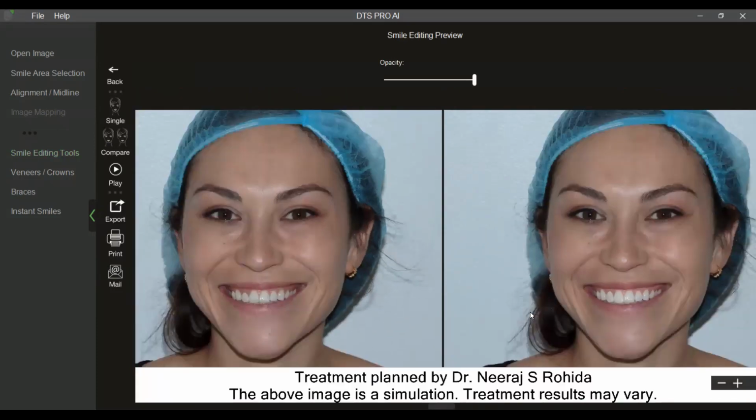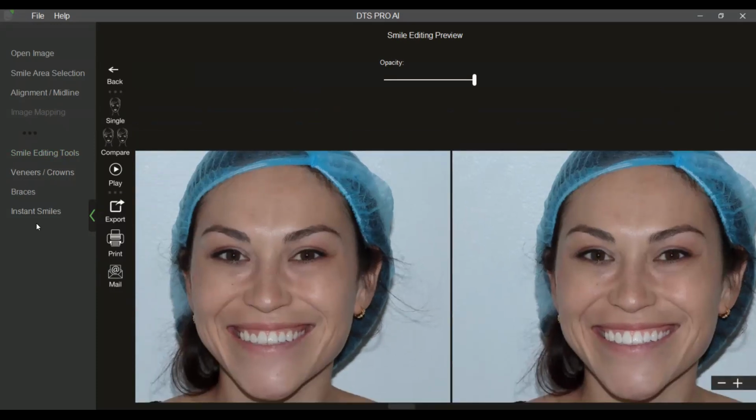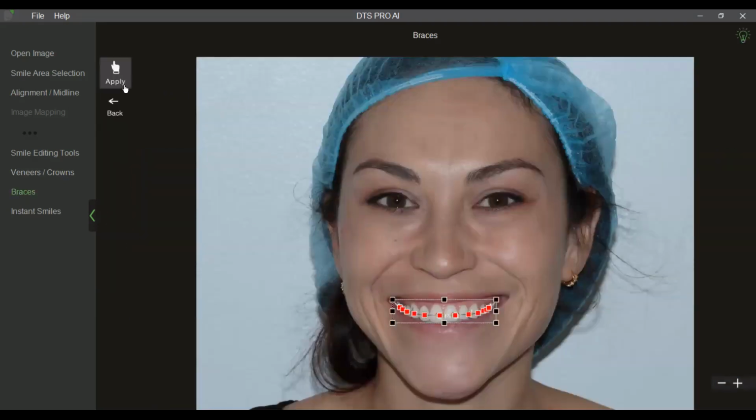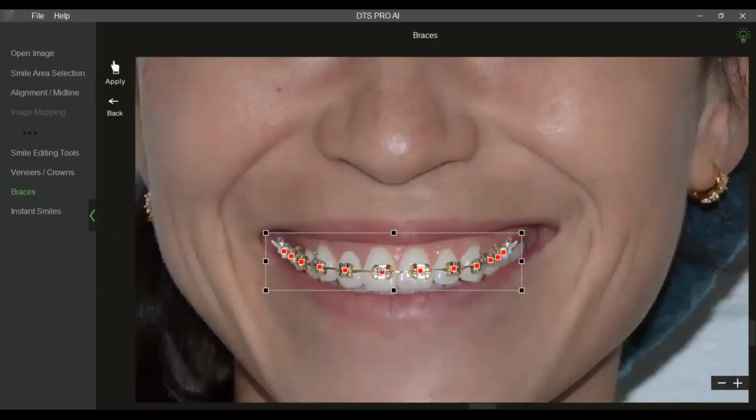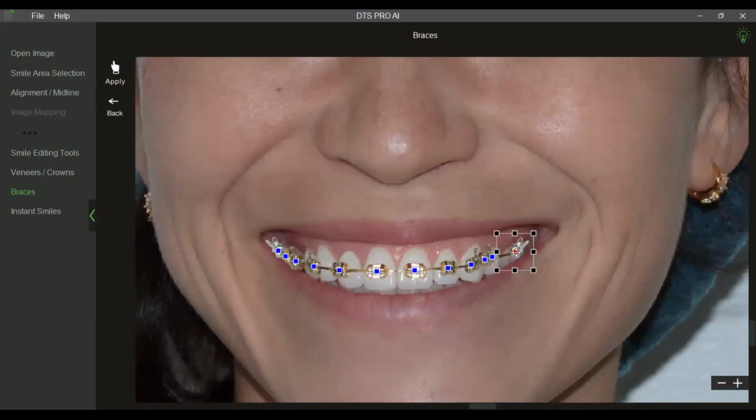Right? So that was about the basics, the overview of the software, the instant smiles. Now to use the smile editing tools, veneers, crowns, and of course, some digital planning. Now, as far as braces are concerned, these are just patient education templates, which can be used to show them different types of brackets. You can, of course, edit the position of each and every bracket. You can remove brackets as you want to, but by and large,